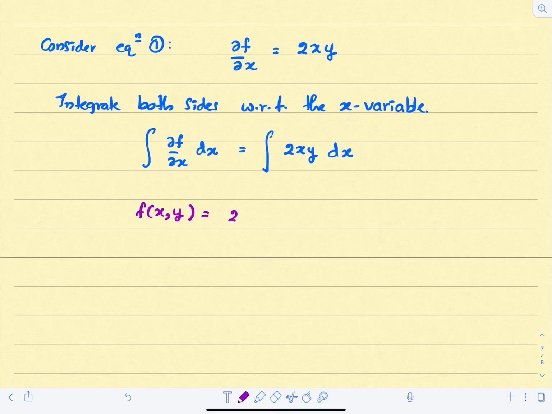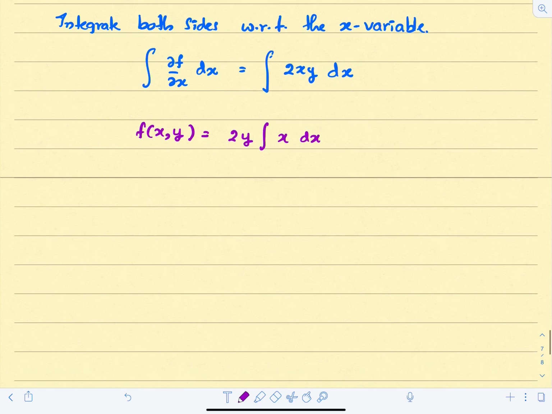We can treat 2y as if it is a constant, and we integrate x with respect to x. So then you will get 2y times x squared over 2. Now here is the interesting part. If you have a single variable function and you integrate, then we add a constant. But now f is a function of two variables. So if we integrate some function with respect to the x variable, then